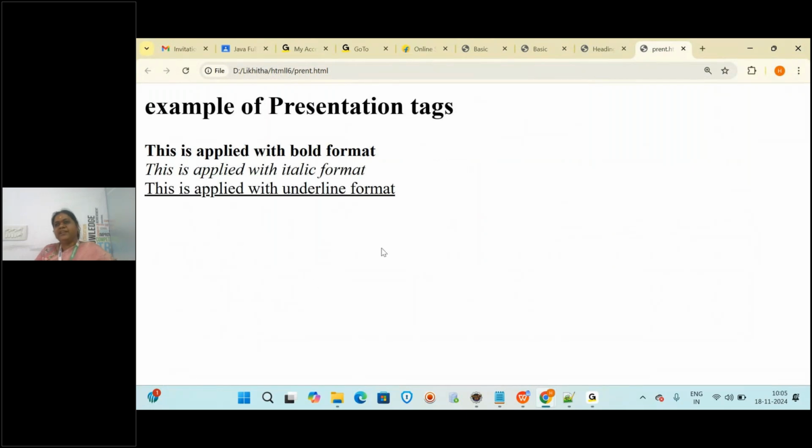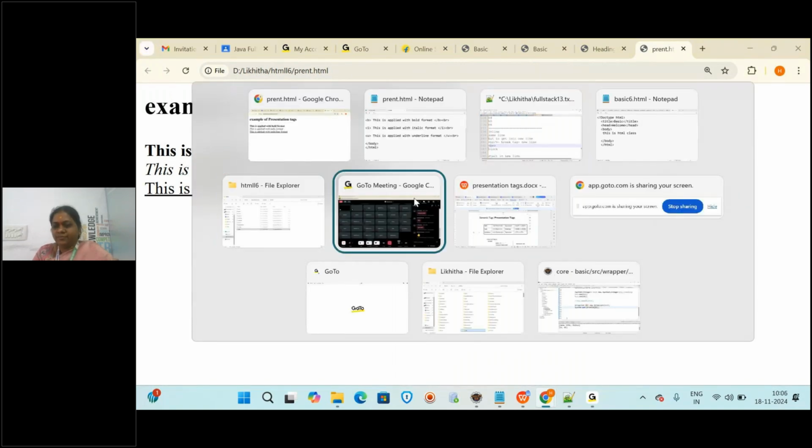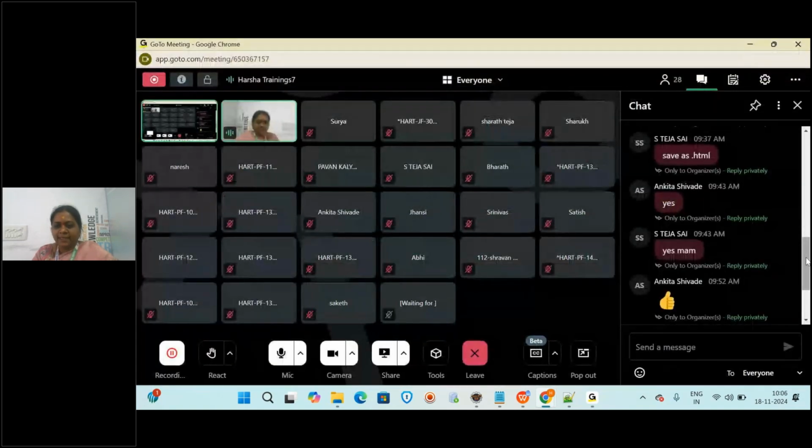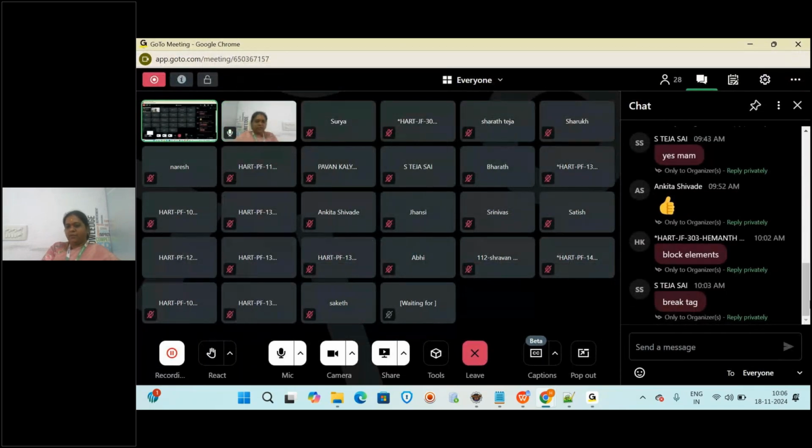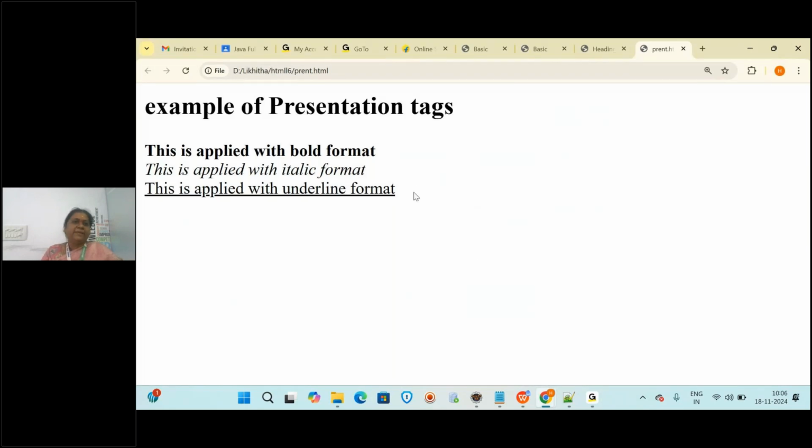Now did we get in the new line? Yes. So here the break is bringing the text to the new line. Clear everyone? Okay, yes. Block level elements, correct, Hemant? And then Tejas, yes. So here we use the break tag.